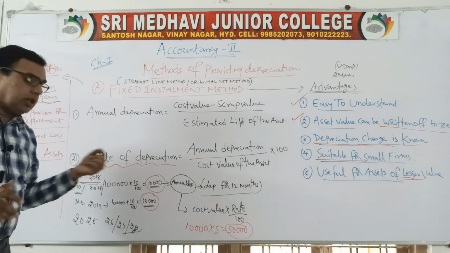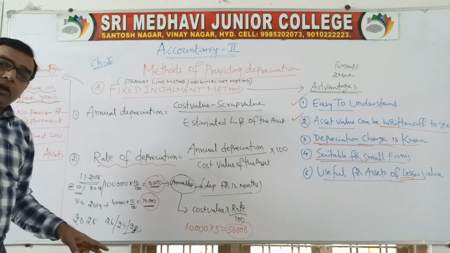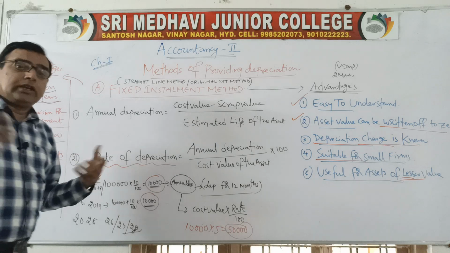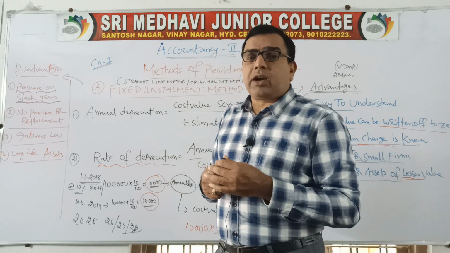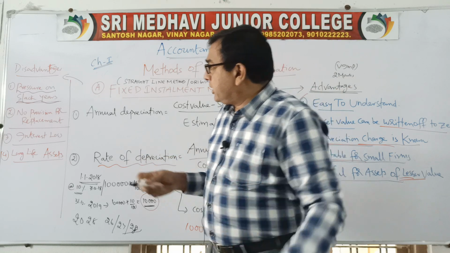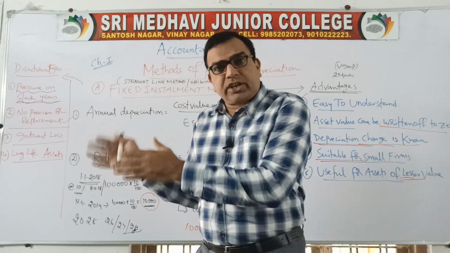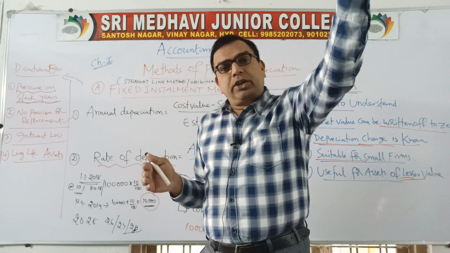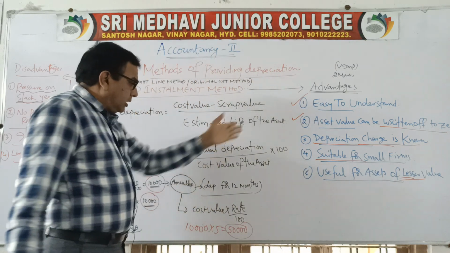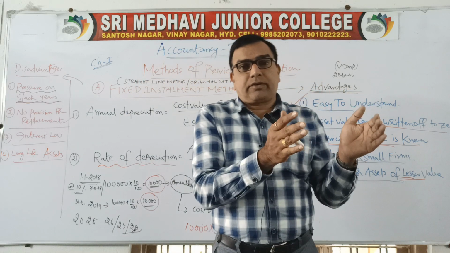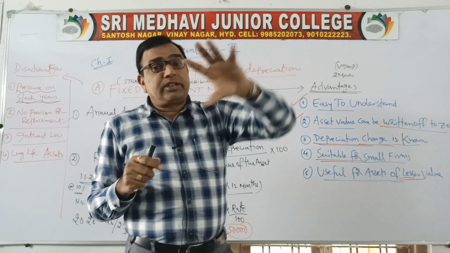So unfortunately, in fixed installment method, as depreciation is provided the same for all the years from beginning to end period, we do not have any such provision to meet such repair costs. That is the reason the last years will have a lot of pressure to manage the asset. Next, no provision for replacement. What do you mean by provision? When you keep some amount aside, that money should be used to buy the new asset. But unfortunately, in fixed installment method, whatever depreciation we are providing on the debit side of the P&L account is not saved as a reserve. It is just written in the P&L account and the amount is used for any other purpose. Clear?